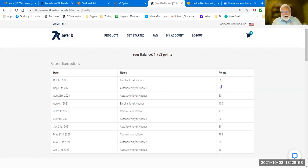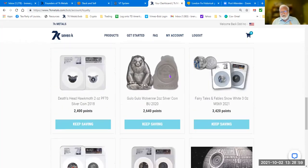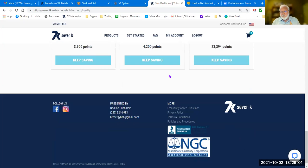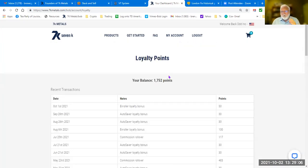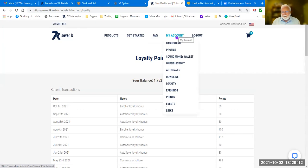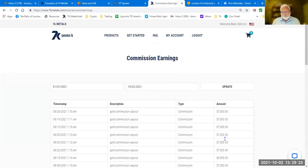30 points every time you buy an autosaver point, and then this shows you the products that you can get based on the number of points. You can get one product free once a month, okay? And it comes with your auto ship, so you don't pay shipping on it either. So you'll learn about all this stuff. I know you may not remember everything, but then you'll have your earnings, okay? And of course,